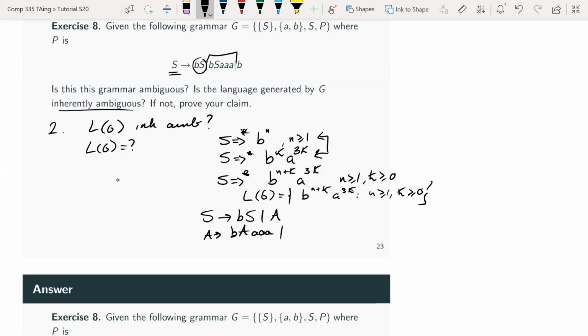But at this point, if I put a lambda here, then I would accept lambda, but lambda is not in this language because n has to be at least 1. So to respect that, I'm going to put a b, and that's going to ensure that I have at least one b in here. Okay, and you can actually verify that this grammar is unambiguous,